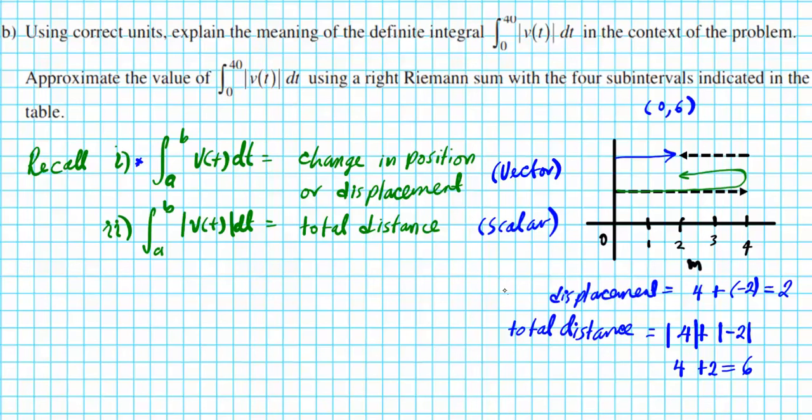Okay, so we are asked to explain the meaning of the definite integral from 0 to 40 of the absolute value of v of t dt in the context of this problem. So this is basically the what? Total distance that Joanna travels from 0 to 40 minutes. Okay, so this definite integral is the total distance